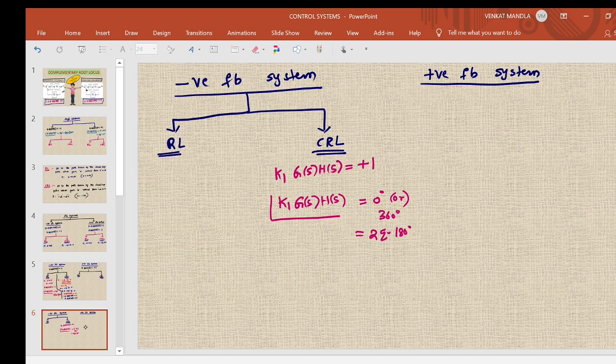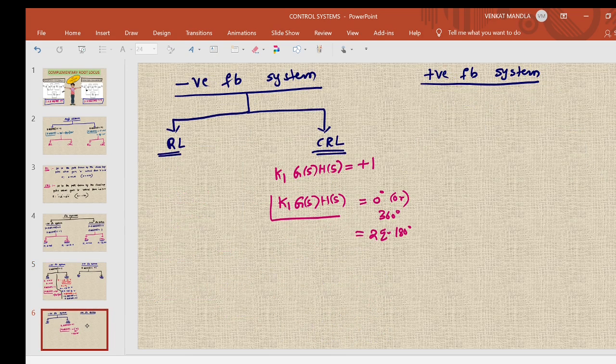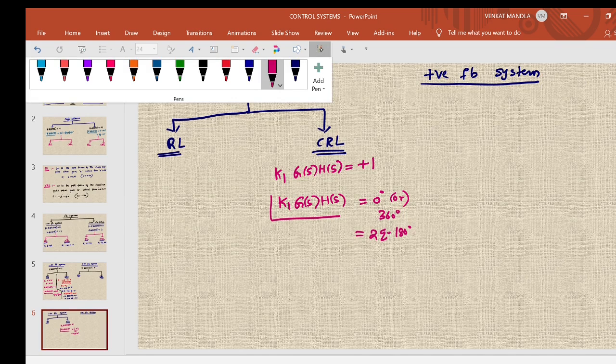This is the complementary root locus for a negative feedback system. What we got? The angle criterion is 0 degrees or 360 degrees, or 2q 180 degrees. But here in root locus we got angle criterion is 180 degrees or odd multiples of 180 degrees. So in root locus for a negative feedback system,